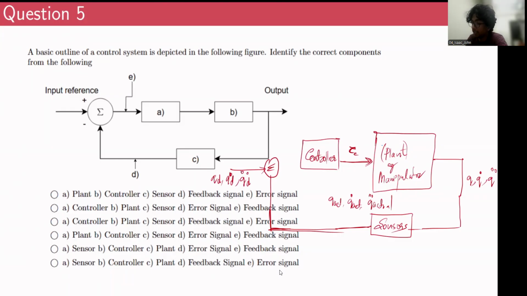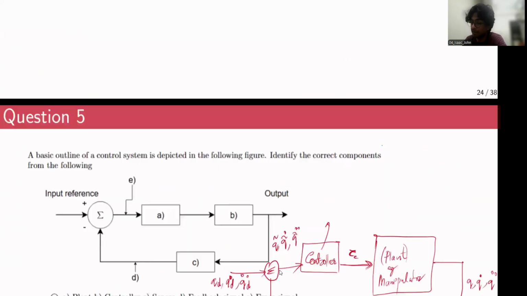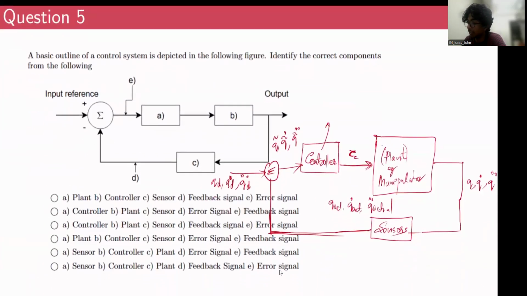And the difference between the actual and the desired trajectory, maybe q tilde dot and q tilde double dot, we would give into the controller. And inside the controller, maybe we can have a control scheme, whatever we have seen earlier. Something like M of q multiplied by q desired double dot plus